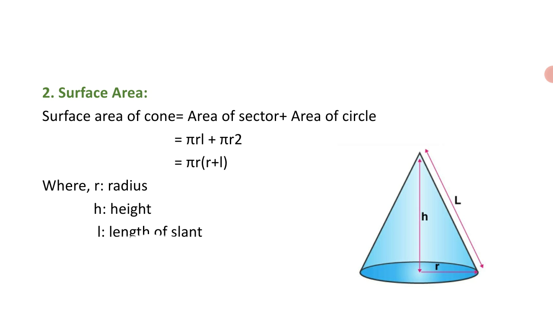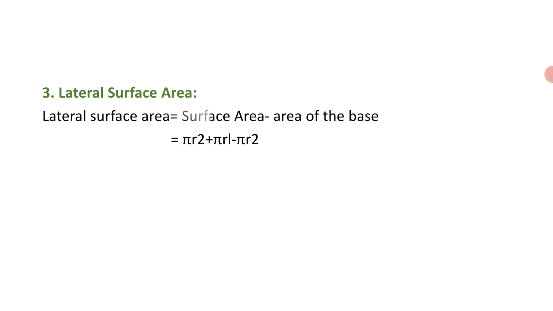Next, L is the slant height of the cone. Then we can see the lateral surface area formula. Lateral surface area is equal to surface area minus area of the base. Here we already studied surface area